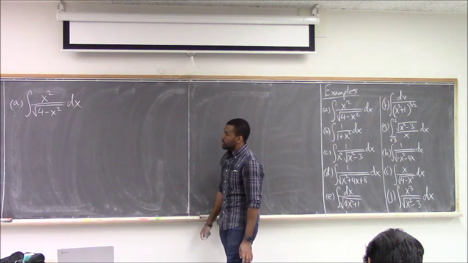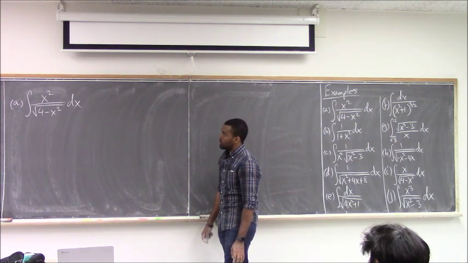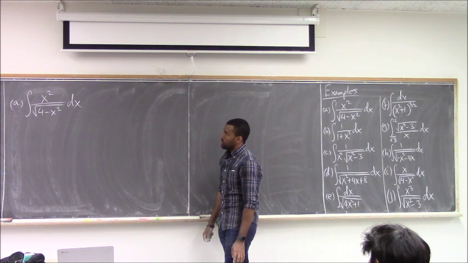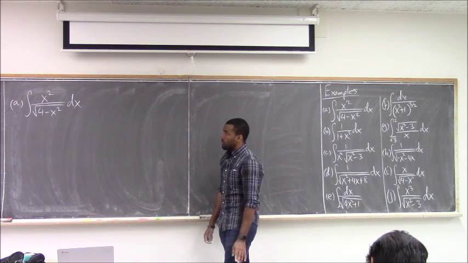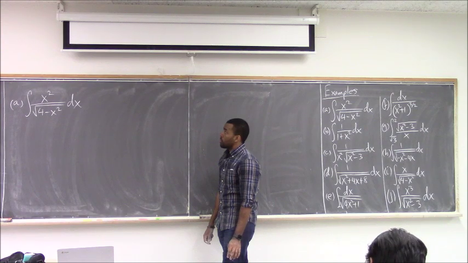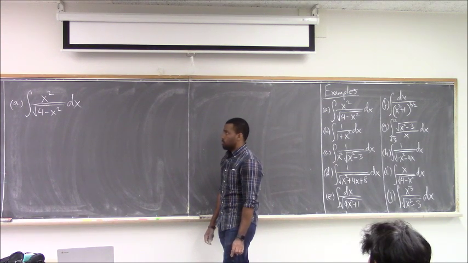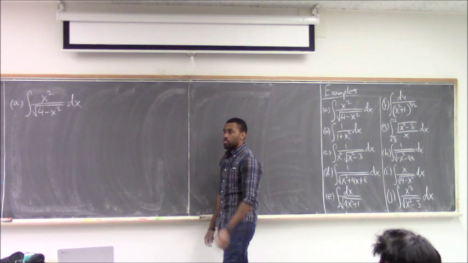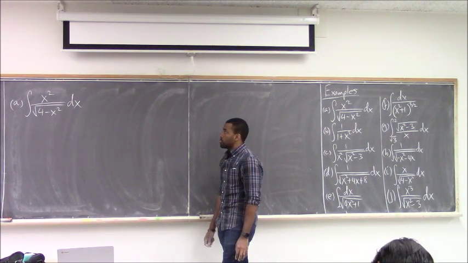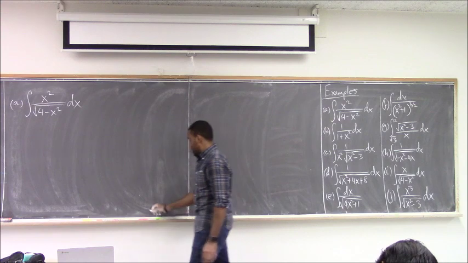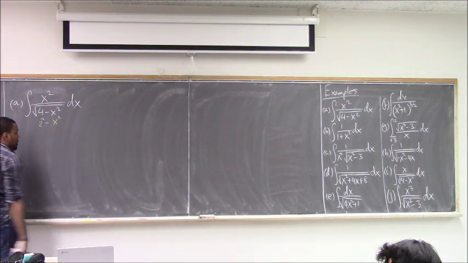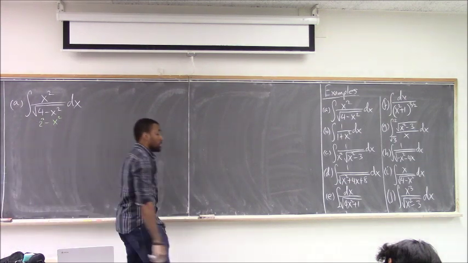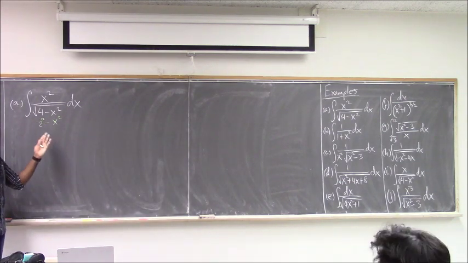16 cosine squared theta, because that's not the solution. It's a squared minus x squared. How would you get that? Under the radical it said 4 minus x squared. So we think a is equal to 4? No. You would set a is 2 in this case, because that is 2 squared minus x squared. Okay, but in general, the first thing you always think is